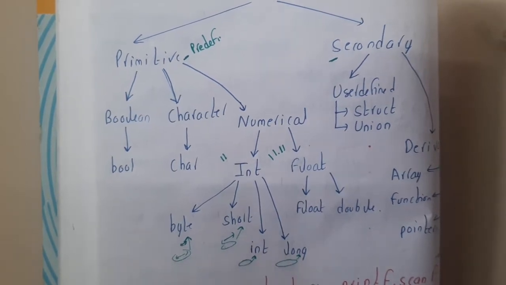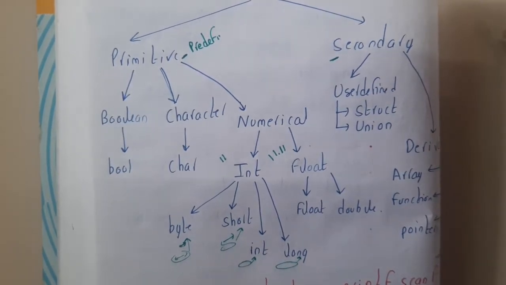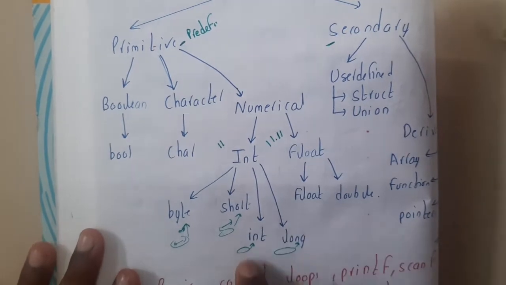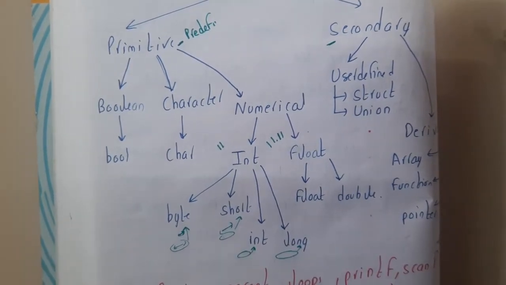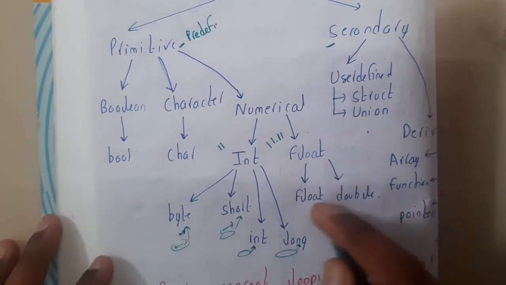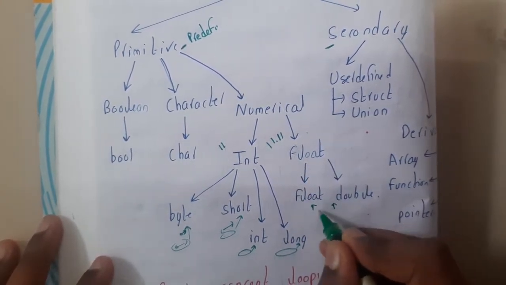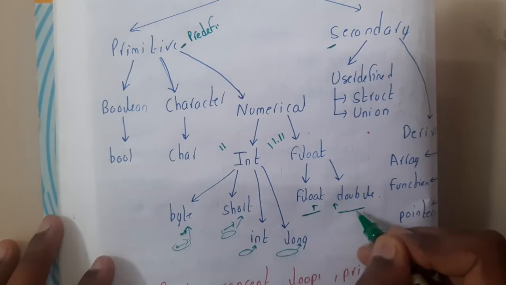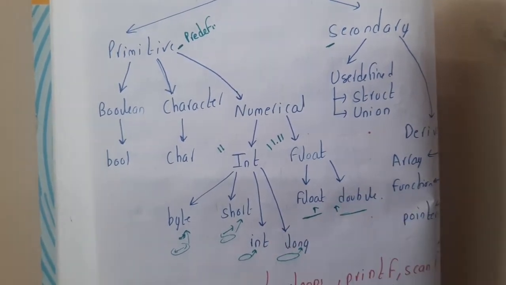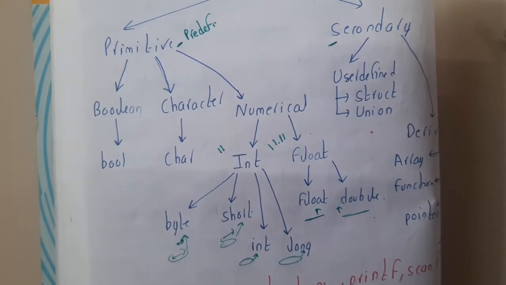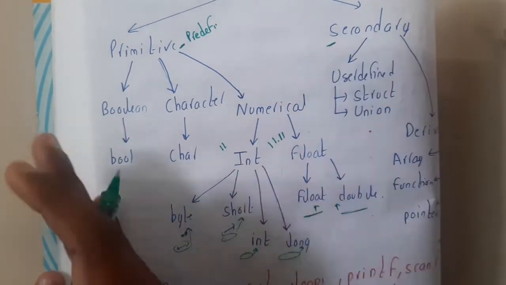In reality, when we are practicing and doing coding, we by default go with int. Int is enough for almost any kind of thing. Similarly, inside float we have two types, float and double. Float is medium and double is extra large. If you want the sizes, you can just google them. You can find them in terms of bytes and ranges also.